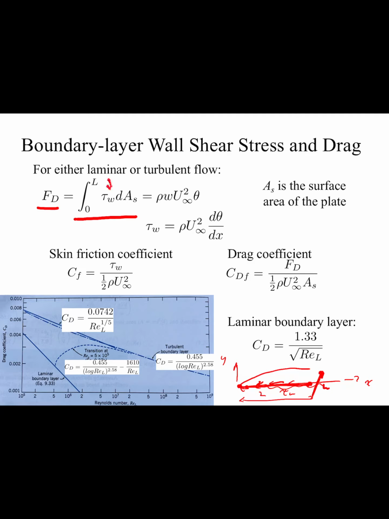And that's what we're saying here. The shear stress at the wall, we'll integrate that times the area. Think about it as a little shear stress element times the area of the plate that it's acting on. If we do that, it turns out that the drag force can be specified in terms of the momentum thickness, and that is because the shear stress can be specified in terms of the momentum thickness. That is, the shear stress, tau wall, is equal to rho u infinity squared times d theta dx. I'm not going to go through the full derivation of this,